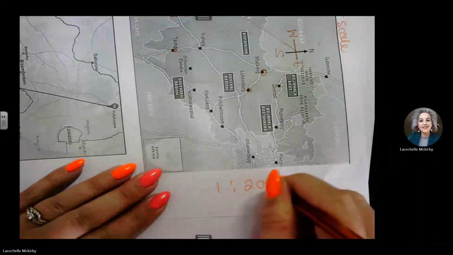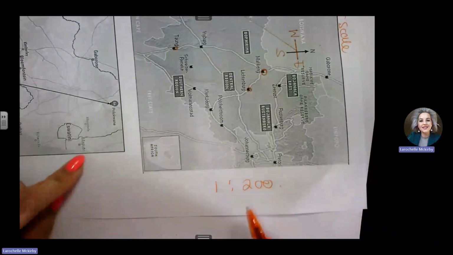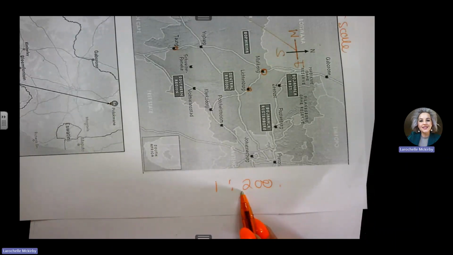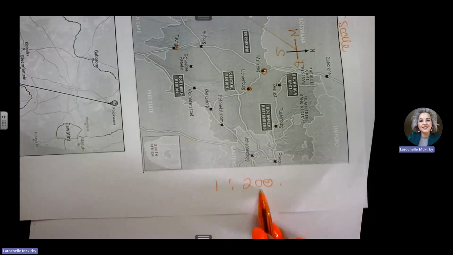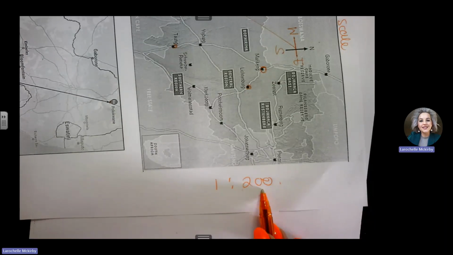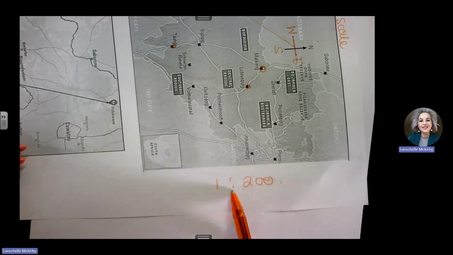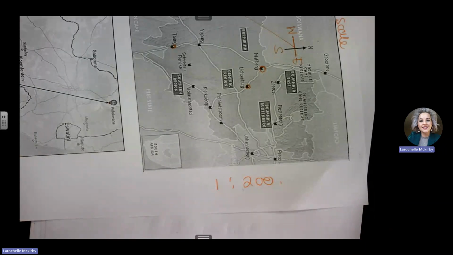For example, when I'm working with a numerical scale, for example, 1 to 200, this is already calculated for me. So I can't make a mistake by measuring. I can just continue with the calculation. But the disadvantage is if I have a map with a scale like this, I can't enlarge the map or shrink the map because then the scale will become inaccurate. I don't know if they will ask it. There was one examination that they did ask it, but you will need to know it.